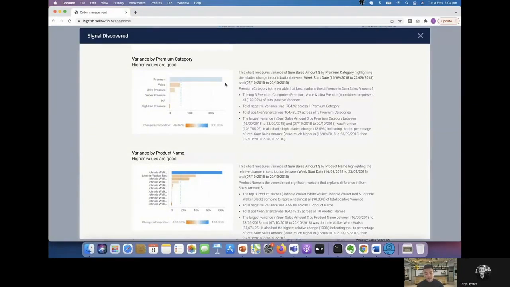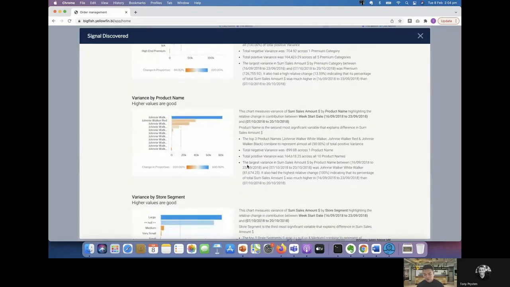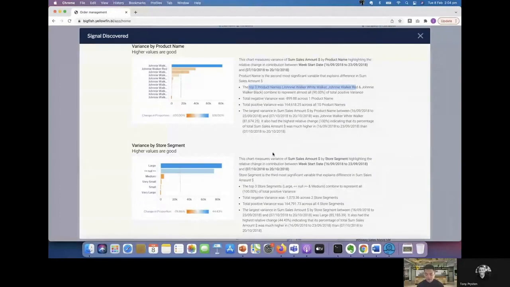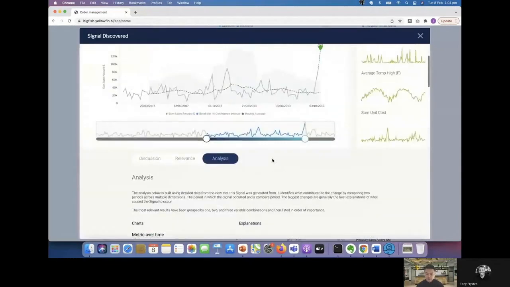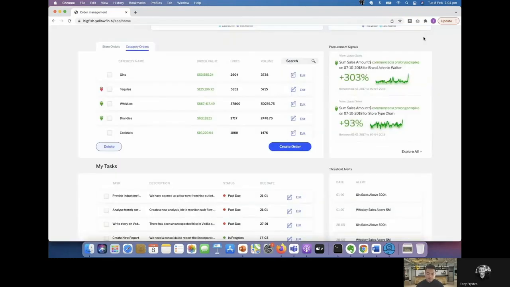most influential attributes. So basically, top 3 categories with premium, value, and ultra premium, described with the natural language text on the right here. Out of thousands and hundreds of products, Johnnie Walker was really killing it in terms of sales, and the top 3 products were the White Walker, Red, and Walker Black, right? And selling in large stores. So again, saving the users a lot of time in terms of doing their own analysis and then surfacing that up to the user with automation. And these are all the value adds that potentially fall into your analytics first product and commercialize that in unique